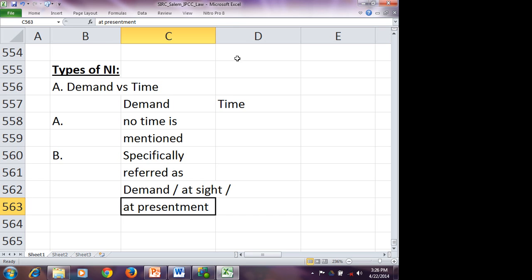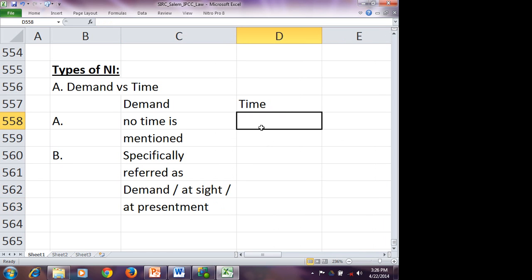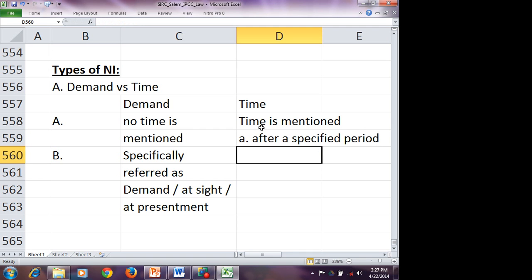Right. So when you call an instrument a time instrument, time is mentioned for payment. How will time be mentioned? After a specified period. A bill is payable 3 months after date, 3 months after sight, or after acceptance of the bill. 3 months after date is the date of drawing. 3 months after sight: A sends a bill to B, and 3 months after B signs, that is the sight of the bill, after acceptance. After a specified period,